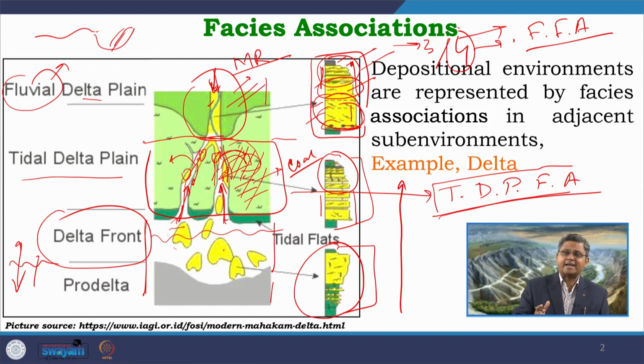So facies association gives us an idea about smaller units, smaller portions within a larger environment. We can define many facies associations from any sedimentary environment depending on our requirement, depending on which scale we want to interpret the depositional environment, and based on those groupings, based on those facies associations, we can get an idea about the smaller units within the major or larger environment. So facies association actually gives us an idea about the sub environments within an environment.